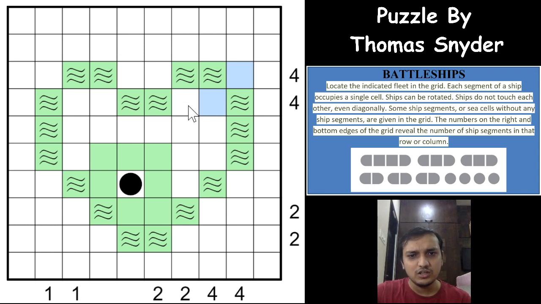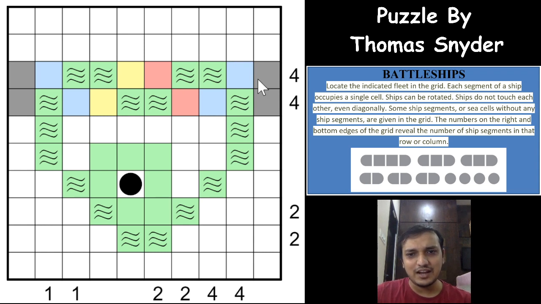Same way, if you see these 2 as well, the same logic, one of these has to be unshaded. Same way for these two, one has to be unshaded, and again, one of these two has to be unshaded. So out of these 8 cells, we know that 4 have to be unshaded, and out of these 12 cells in total, 8 cells have to be ship segments, which means that we have eliminated 4 cells and the remaining 4 cells have to be part of the ship segments, right? Excellent logic, excellent start logic, I would say, right?